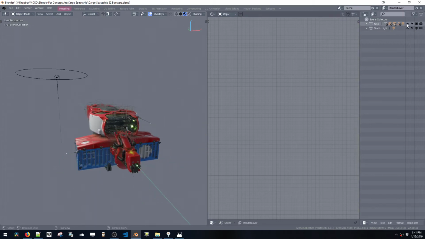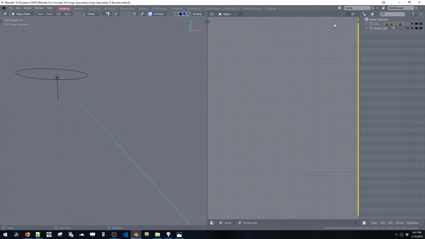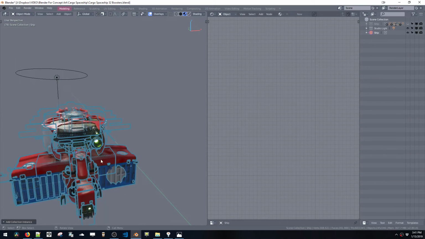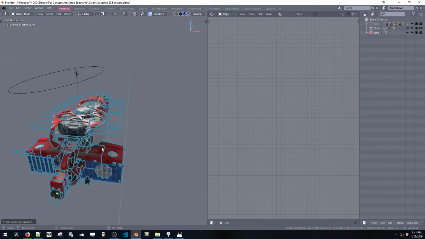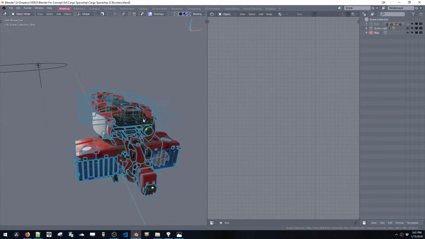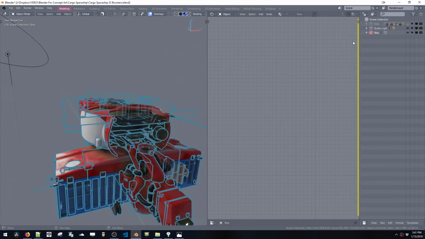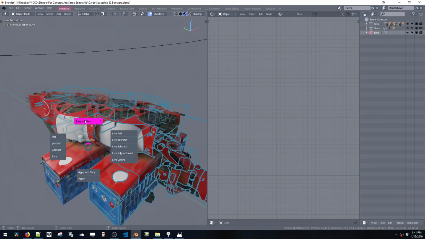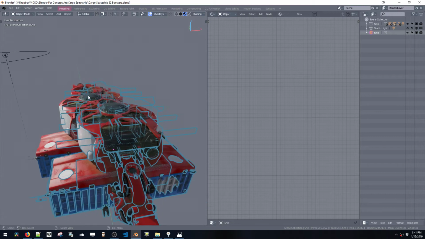Alright, so the ship, I think I can hide that. Shift A over here, collection instance and ship. So that'll just make a little copy of the ship. I definitely don't want to see the cutters, so let me unhide the ship here. Control V, toggle cutters just to turn off the cutters. And then hopefully...